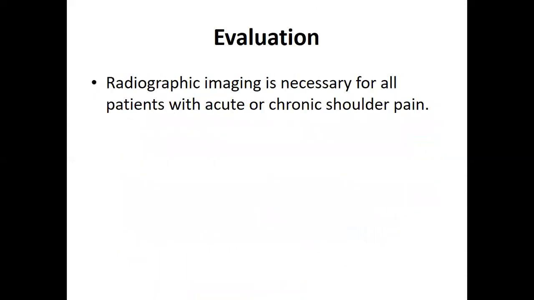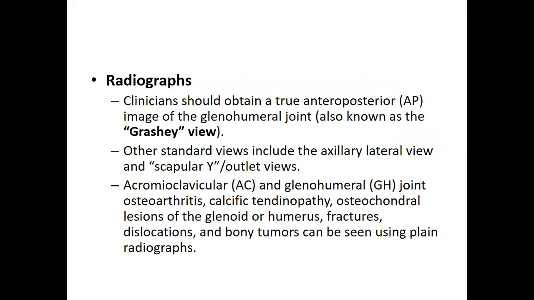नेक्स्ट अभी हम डिस्कस करेंगे the evaluation during the radiography, a medical imaging evaluation। क्योंकि जैसे हमने कहा है, इंटीरियर इंस्टेबिलिटी की भी चांसेस होती हैं, SLAP टेयरिंग के साथ इसका एक सिचुएशन मौजूद है। तो हम इन्हें उसमें डिस्कस करेंगे कि radiographs से we will check that if there is any anterior instability or not। तो सबसे पहले हम ग्रेशी व्यू चेक करेंगे, विच इज द ट्रू AP व्यू। और इसमें हम देखेंगे कि इफ देयर इज एनी इंटीरियर डिसलोकेशन या नॉट। बाकी व्यू हैं स्केपुलर Y व्यू, एक्सिलरी लेटरल व्यू, स्पाइनल व्यू, इसके अलावा वेस्ट पॉइंट व्यू और वाल्पो व्यू। ये तमाम व्यूज यूज होते हैं टू असिस्ट दैट इंटीरियर इंस्टेबिलिटी।